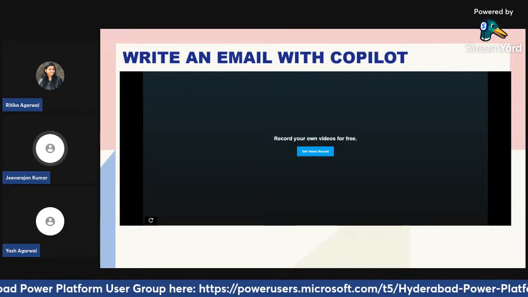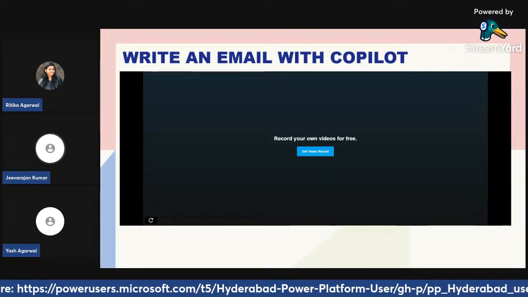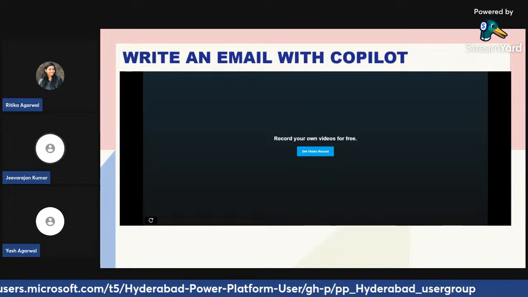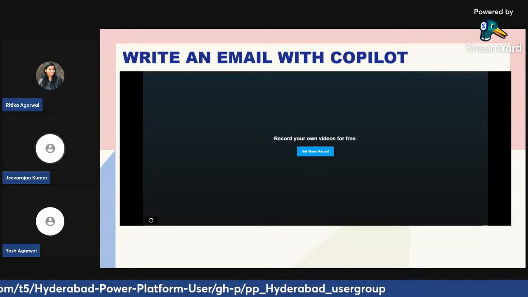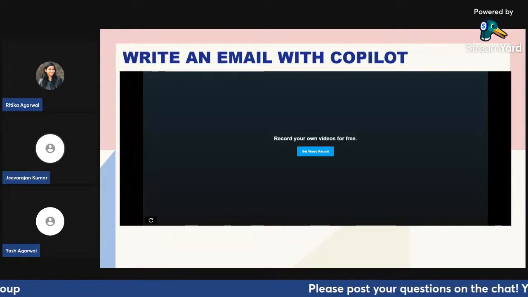So that's how simple it is to get that email crafted by the Copilot in a matter of seconds, rather than our technicians or the customer service team spending time on this, like getting the information from different data of the customer and then collating it together, and then changing the tones and all those things. Depends on the scenario. The Copilot just comes in handy in these use cases.